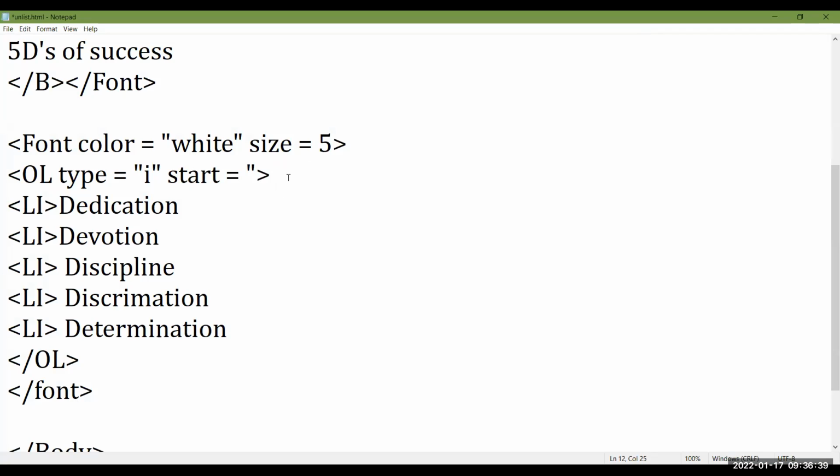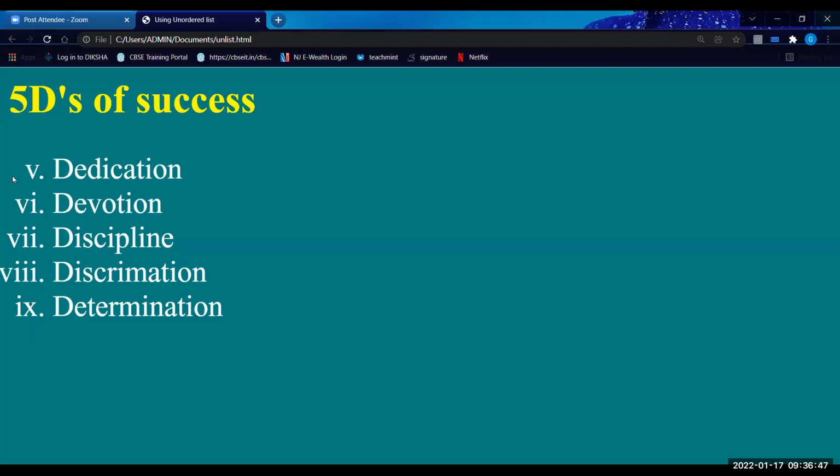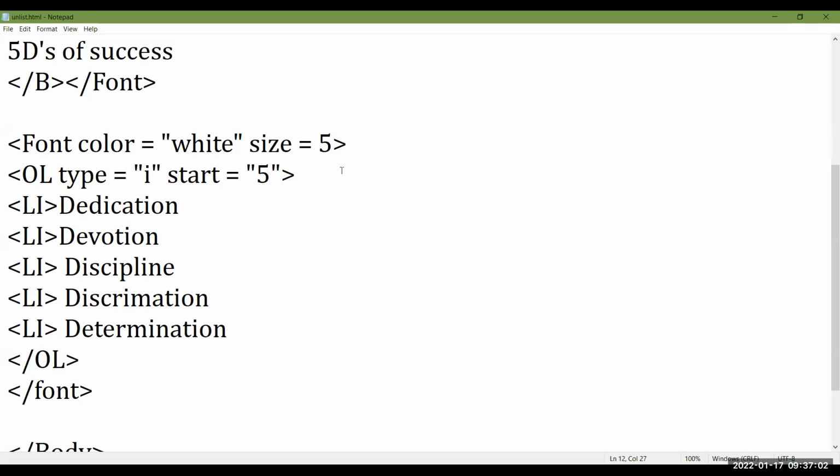I'm typing number 5. Save it, go to the browser and refresh it. See, 5, 6, 7, 8, 9. So list item will start with that particular number which we are giving in the start attribute, start equals to 5.